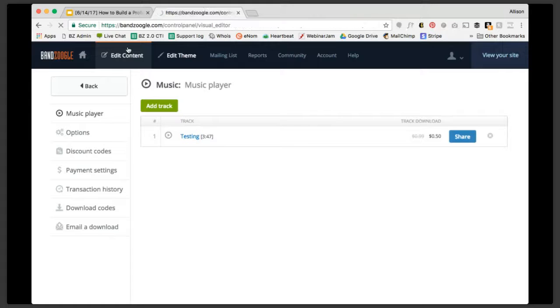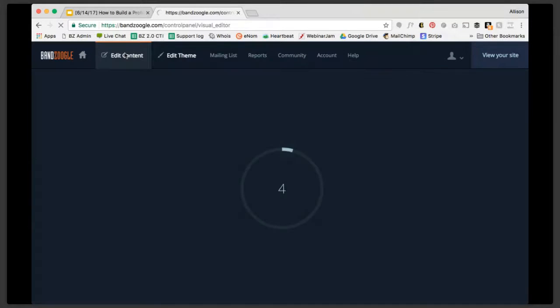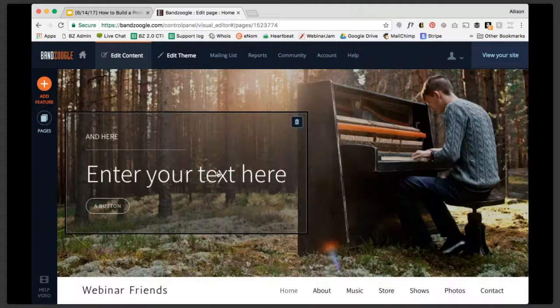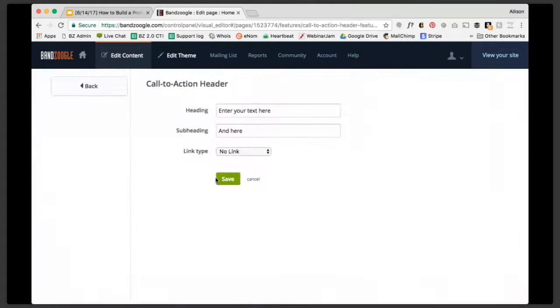Actually, I'm going to go back to edit content. And this is where you can adjust. If your theme that you've chosen has this call to action header, you can just click right on here. And this is where you can say, and so with the call to action header, you can type whatever you'd like, and then you can either have